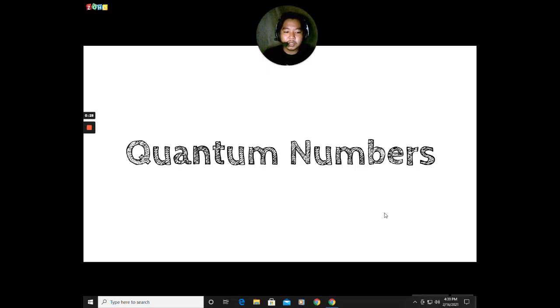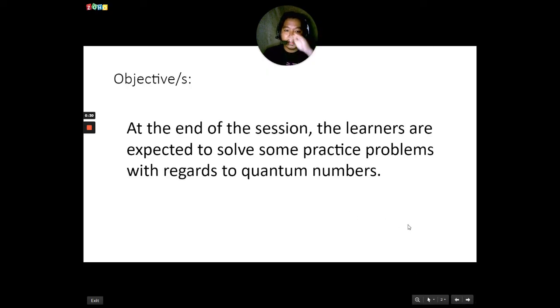So, for today's session, we are to strengthen the core knowledge, if not to fully understand or fully gain the skill in identifying quantum numbers, or at least to increase the skill needed in order to acquire the quantum number. So we'll try to solve at least 5 practice problems.